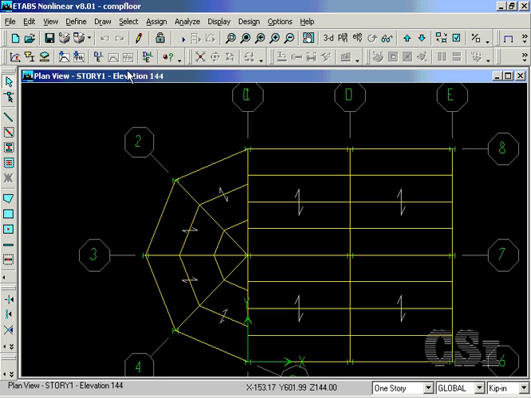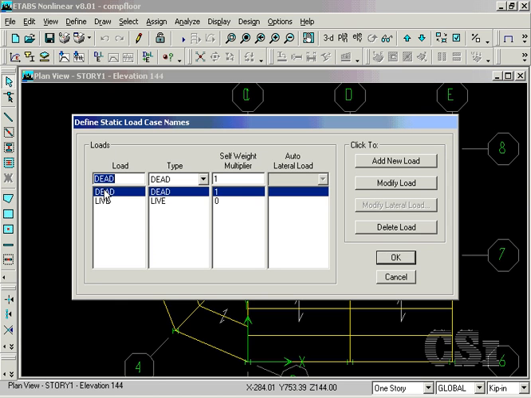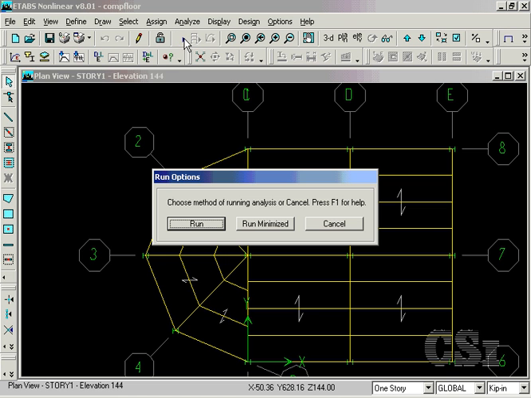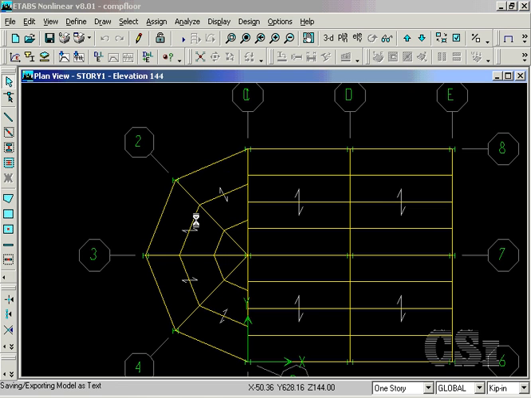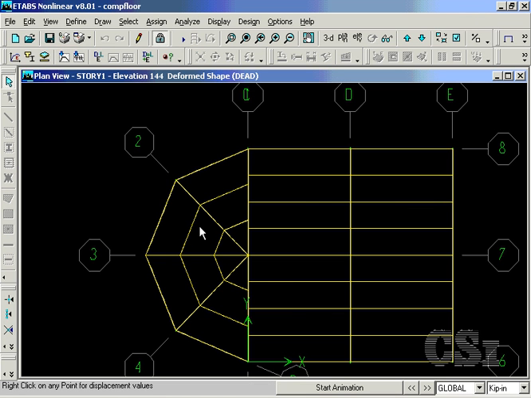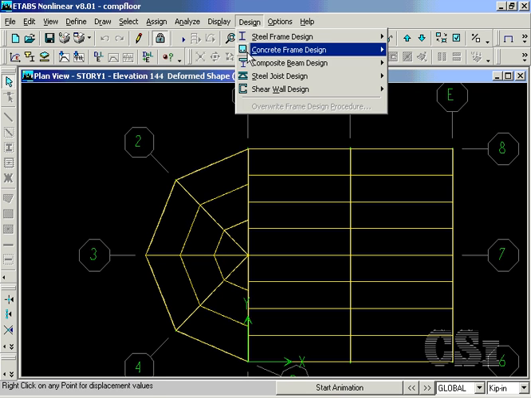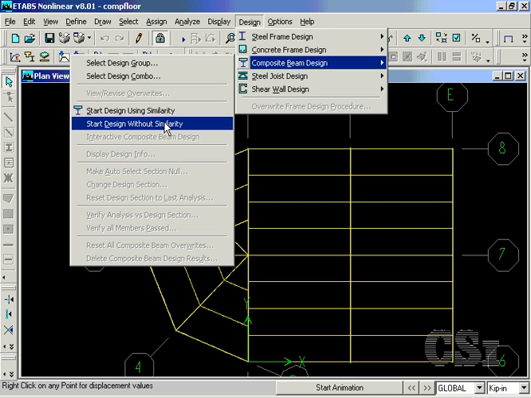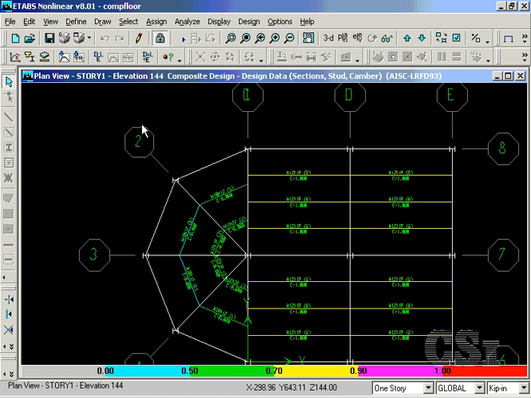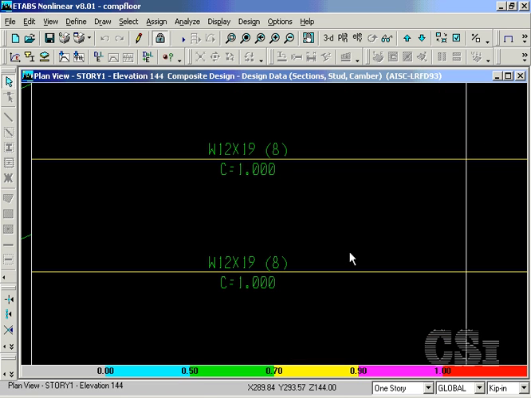A quick check of the load cases shows that we have two, a dead load with self-weight and a live load. We are now ready to run the analysis. With the analysis complete, start the composite beam design using the Start Design Without Similarity command. Once the design is complete, we can window in to see that the program has selected a W12x19